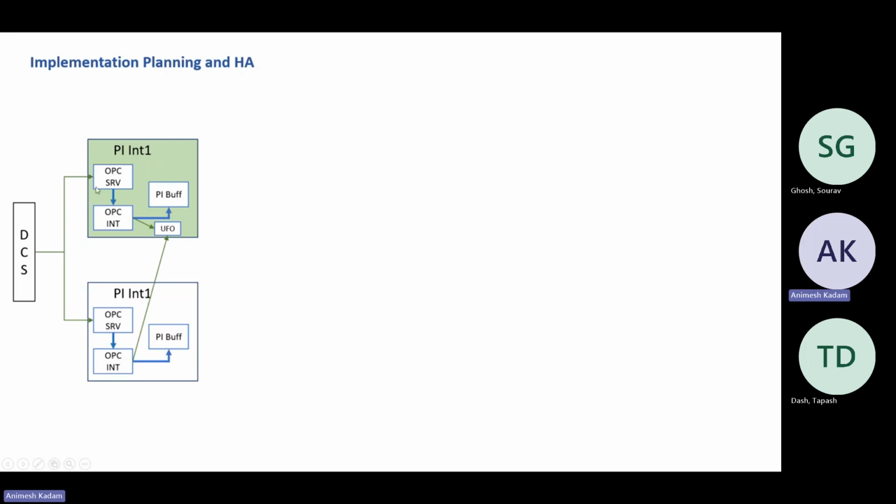If there is no redundancy of the OPC server, then there is a possibility that both interfaces are pointing to the same OPC server. In this case, the OPC server may be on one of the systems, or maybe outside on a separate server. But when we configure the OPC interface level failover, once one interface goes down, the other interface, which is a backup interface, starts collecting